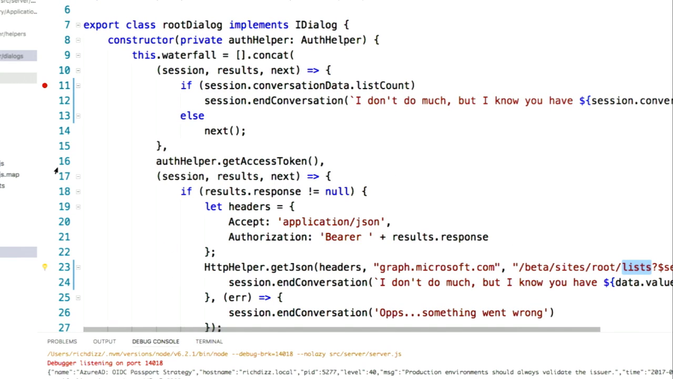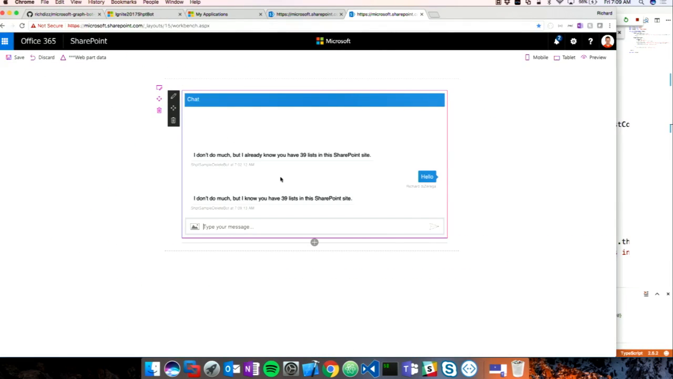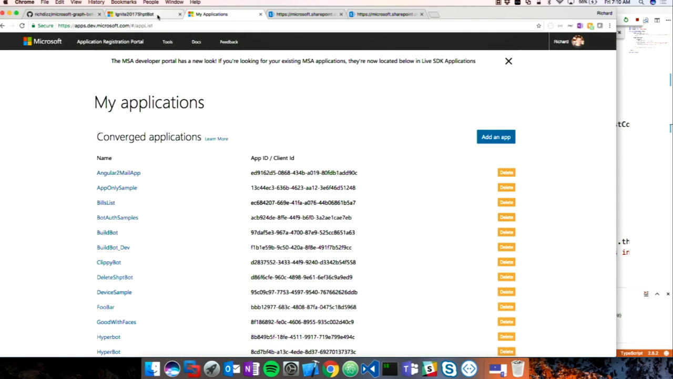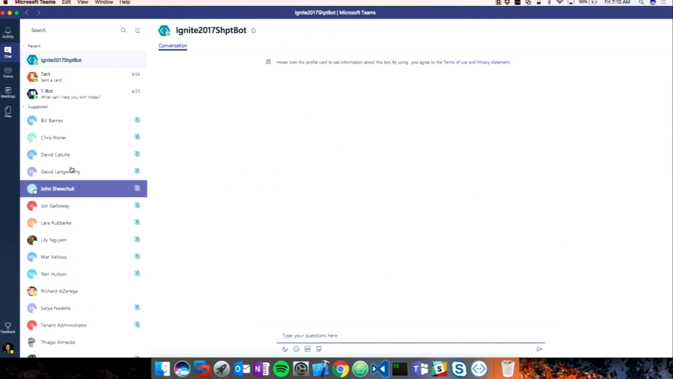I'll put a breakpoint here. Zoom out. And let's go run this in Microsoft Teams. I'm just going to click on the link. It's going to tell me it's going to open up Microsoft Teams. So here it is, I have a fresh chat. And we'll say hello. And hopefully, if ngrok is still running,